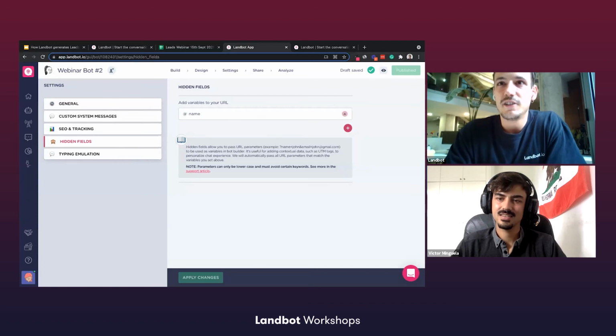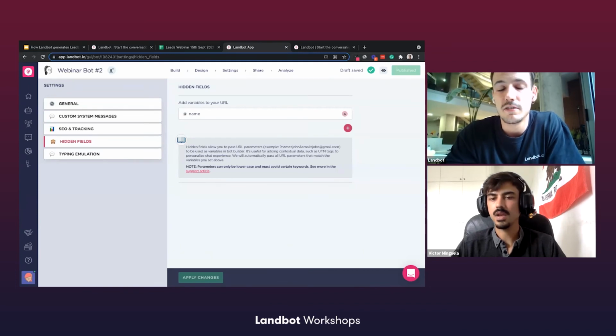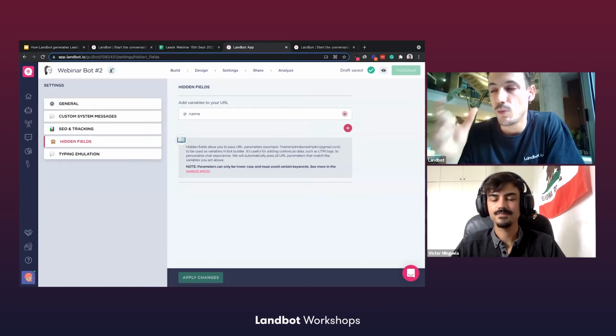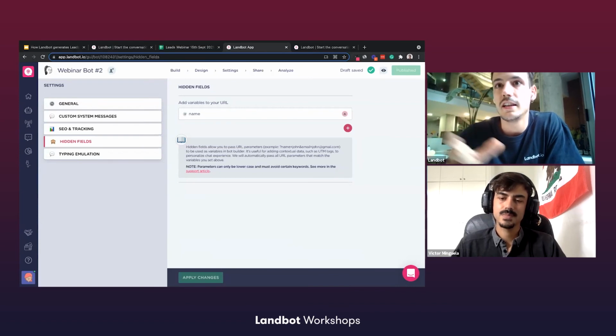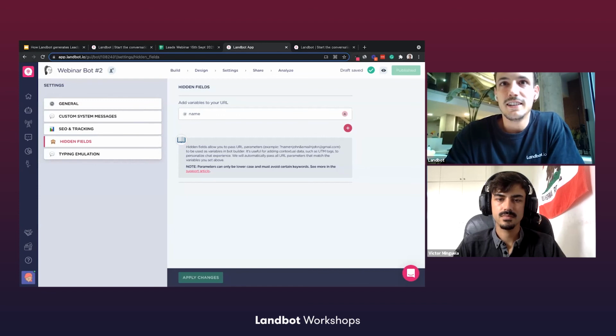Do you need to do the hidden fields manually, one person at a time? Yeah, so this was probably a couple of minutes ago, so not really. The way you would do it is just use the way that the service you're using to send that email calls that variable in particular.